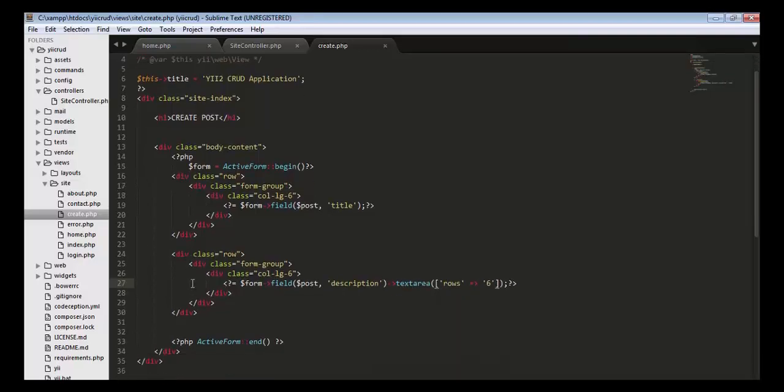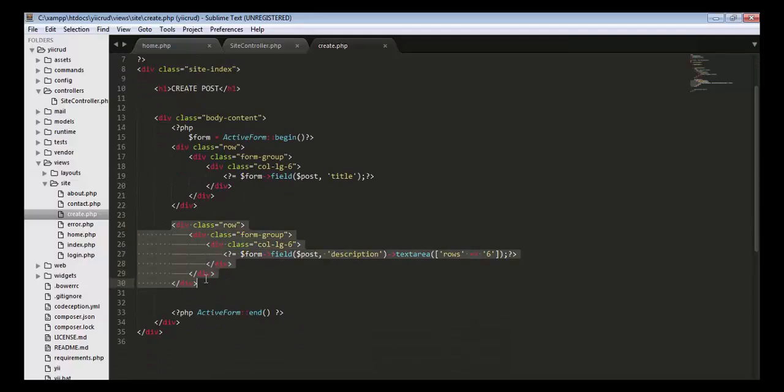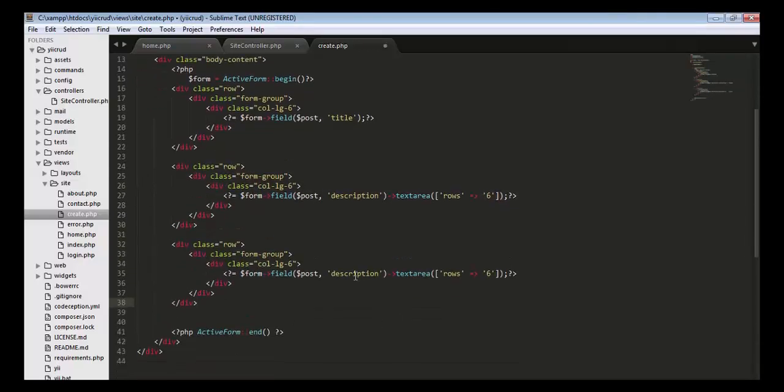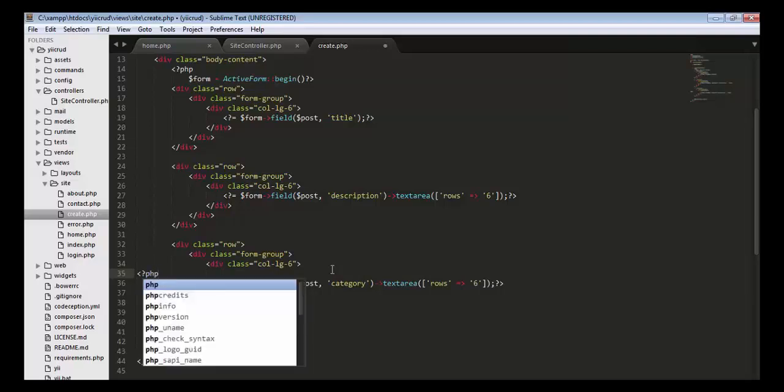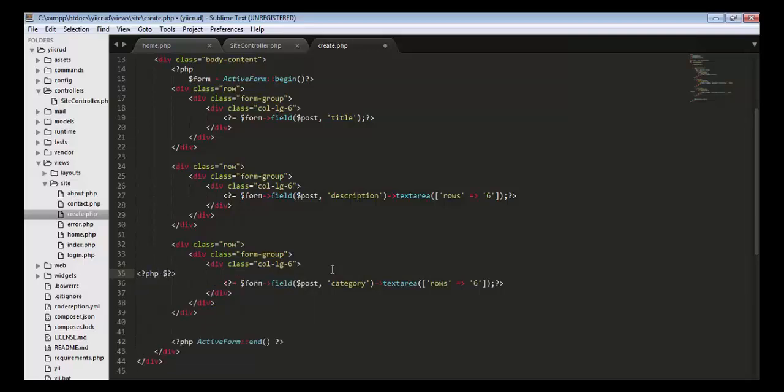Then copy this entire thing again and paste it for displaying category. For category we need to first create the items. $items equals to